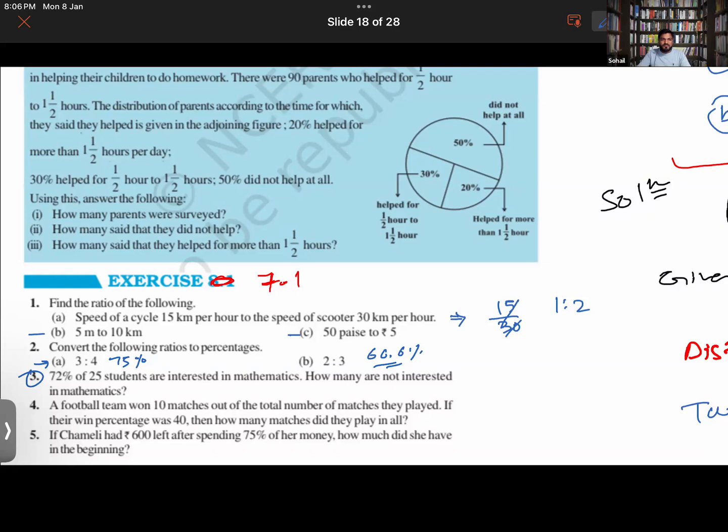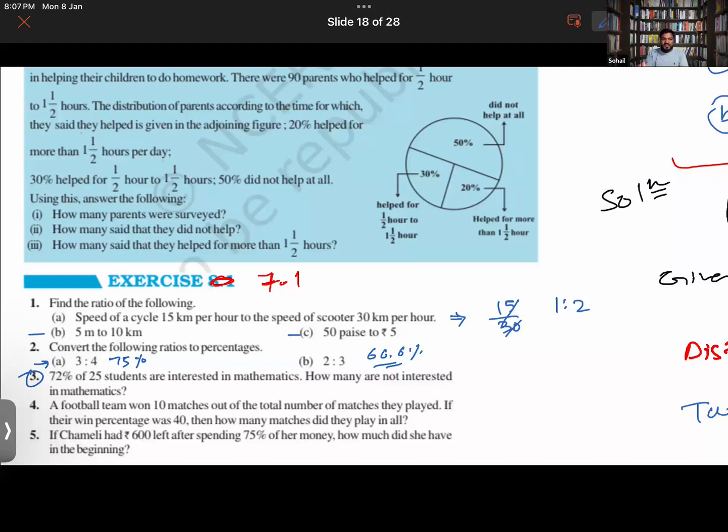Sir, I sent the answer to question number 3. Okay, so let me check that. Question number 3. Sir, I have also sent. Okay, Arhan, I doubt it's wrong, the answer which you have sent. Sir, it should be 40% of x. See, both of you have answered it wrong. Neither it will be 25, neither it will be 18.